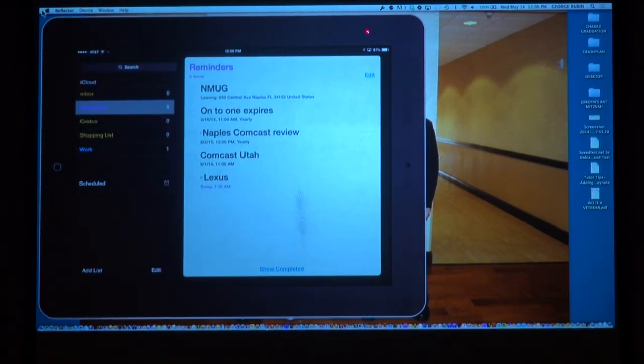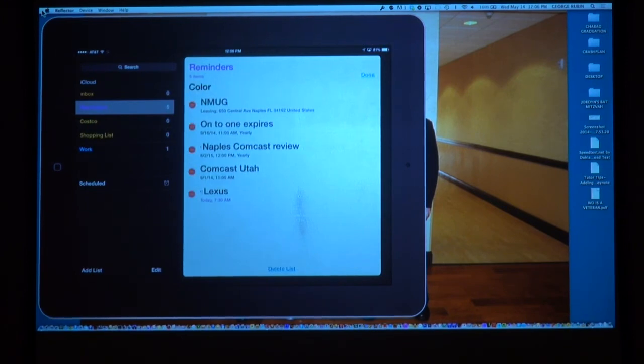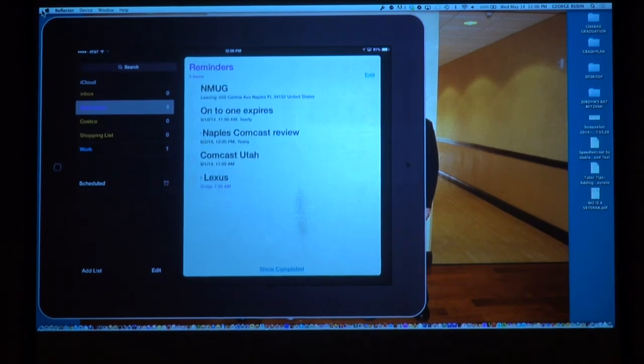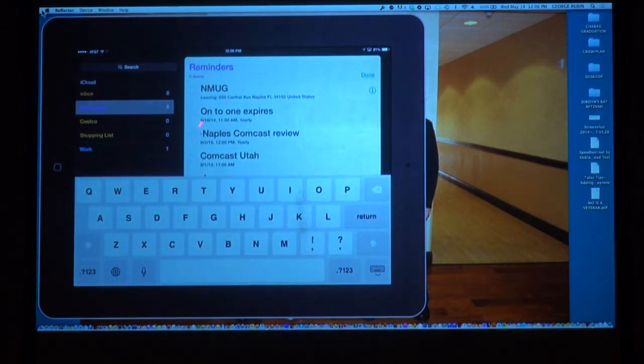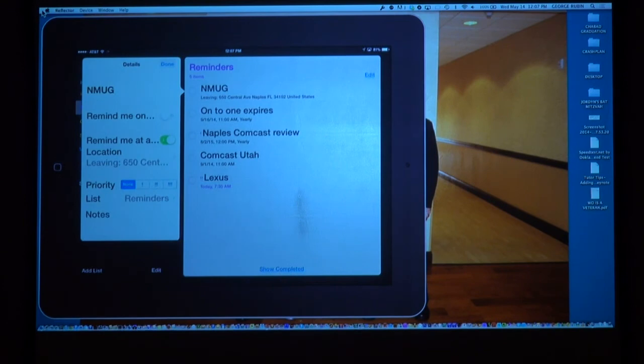You hit on edit, if you have one of these lists set up, and you hit on, oops, not edit. You touch the item, which is the NMUGs, which I have a repeat on. It reminds me of this meeting every week at 11:30, about a half an hour before the meeting, I get a message. But if I hit here, and I want to remind me at a location, then I can